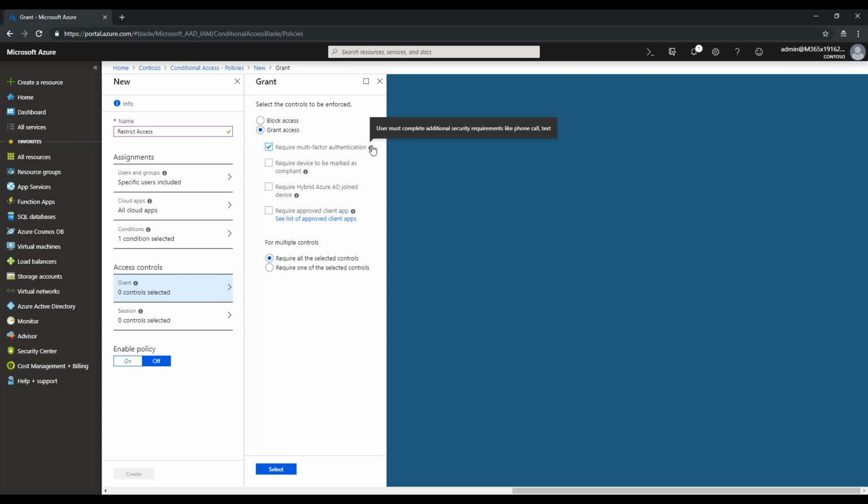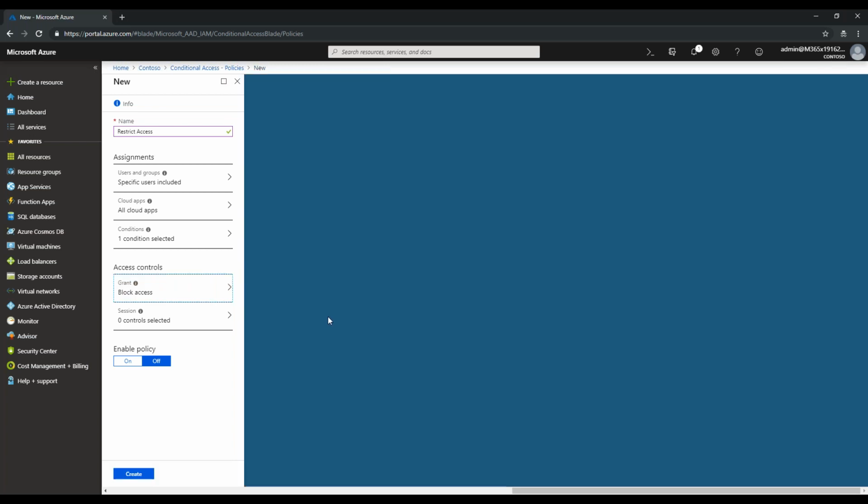By now, I trust that everybody knows what MFA is. In general, multi-factor authentication is when you provide username and password, and the username and password is no longer sufficient. You need to provide an additional piece of information to authenticate yourself. That could be a code in an SMS on your mobile phone, a call to your mobile phone, or an app password. There are multiple options that you can configure with multi-factor authentication. It is always a best practice to have MFA configured in your environment. For now, I'll set this to block the access.